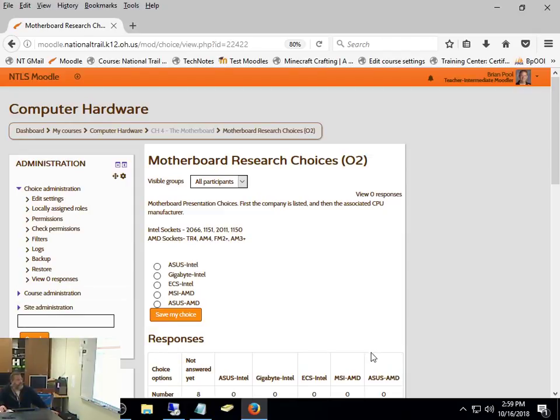So they have to have gone in and chosen which one they want to do before they can actually see the entirety of the rubric and some of the other pieces as well. That's where I see a good use for this. If you're doing a research project, do you want 20, 30 of the exact same thing? Especially on the presentations, the kids don't want to watch the same presentation. How much are they going to learn if